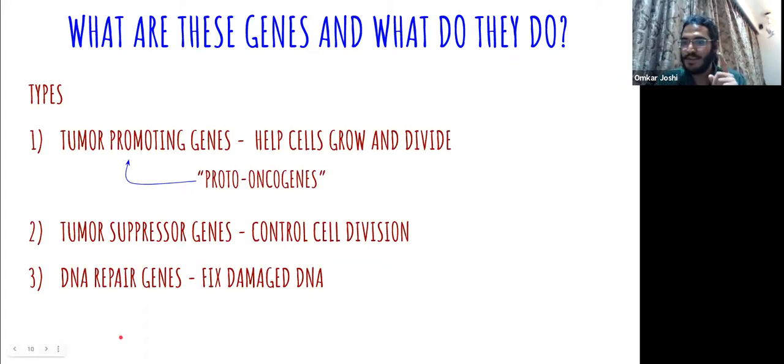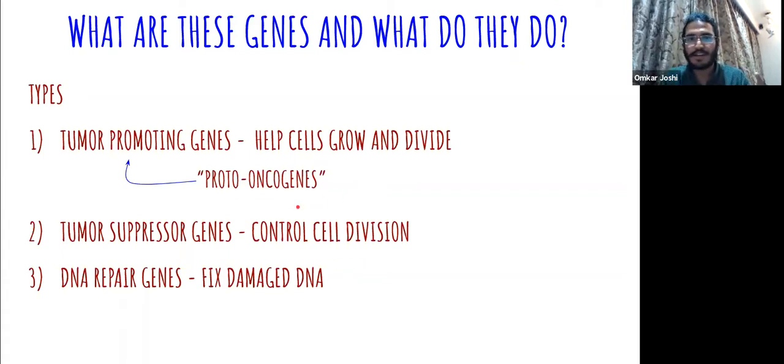Now I'm going to tell you in detail one by one how cancer is caused, but just for the sake of information, remember that tumor promoting genes, in normal conditions, help the cells to grow and divide, which means they will signal the cells to grow, allow cells to take in nutrients which are required, and all the other things. Tumor suppressor genes inhibit, so they will prevent cells from dividing. They are in some ways the opposite of the tumor promoting genes.